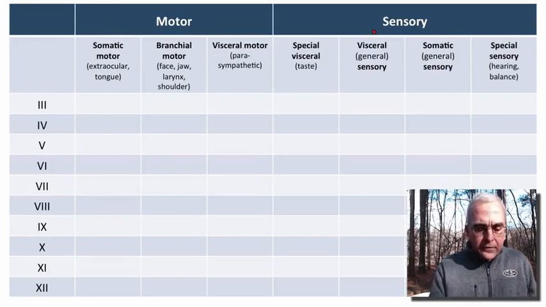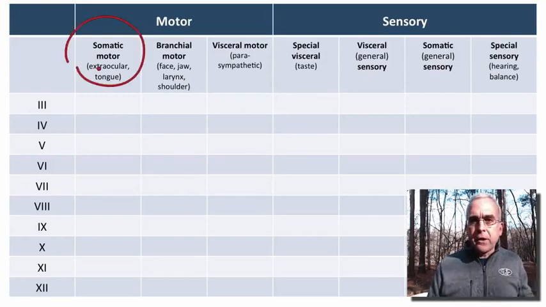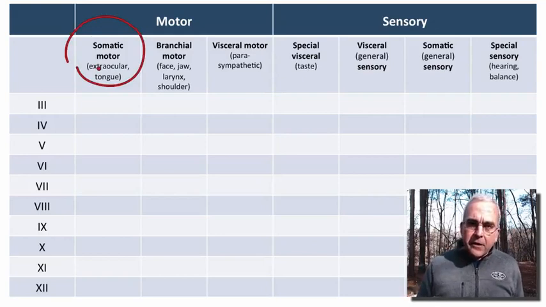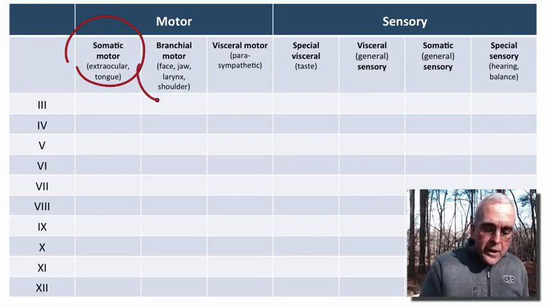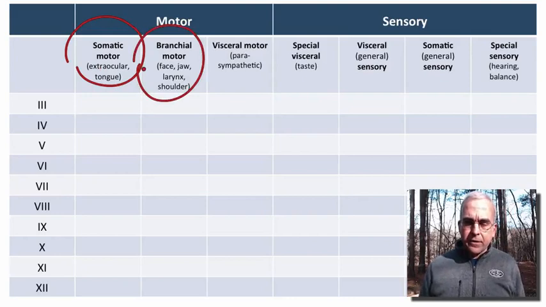We can recognize somatic motor nuclei. So these are nuclei that contain the motor neurons that innervate the muscles that are derived from embryological somites. We have branchial motor nuclei. These are nuclei that contain motor neurons that grow out and innervate the muscles derived from the pharyngeal arches in